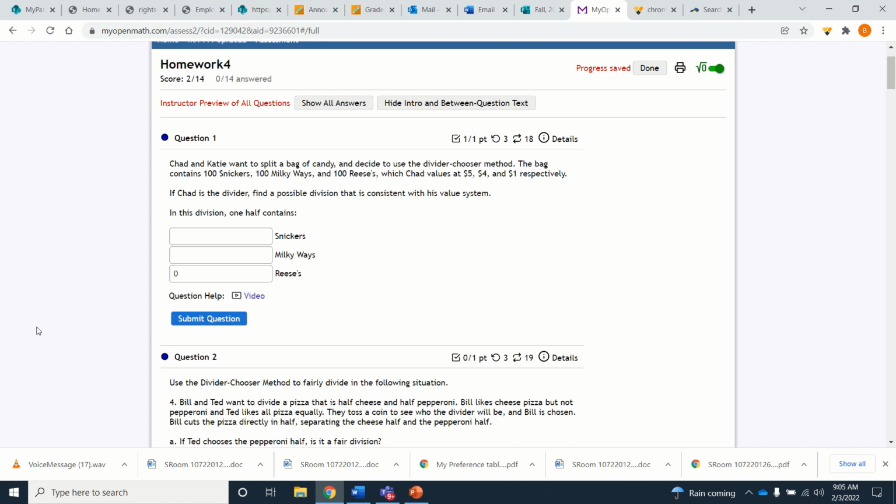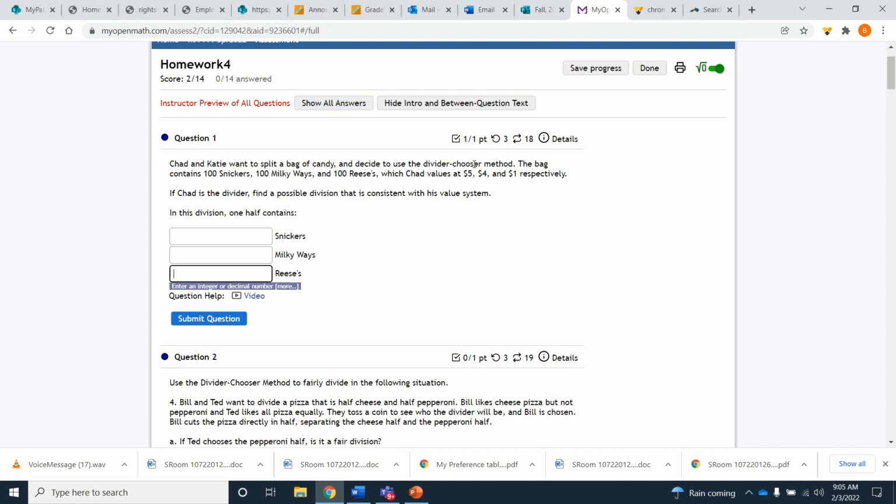Now, what we've got to assume, I'm not sure why there's a 0 in here, is that Chad is going to divide things up evenly. So he values all 3 bags at 5, 4, and 1, which adds up to $10. All right, so he's going to try to divide these